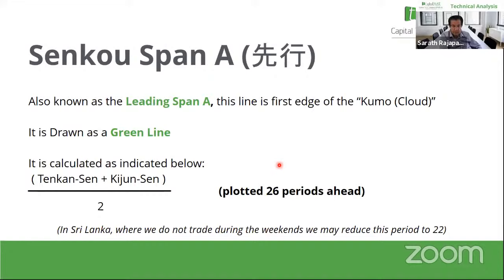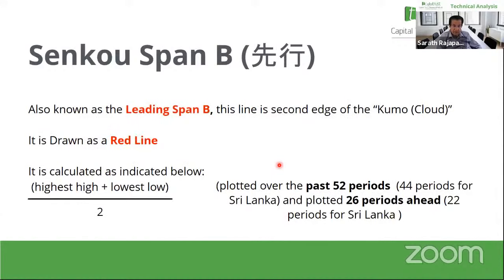Plotted again for 22 to 26 periods. 26 in Japan, maybe 22 in Sri Lanka. Senkou span line is red in color. Highest high and lowest low, again as before, for 52 periods and 26 periods ahead. Sorry, it should be 44 here. Sorry, 44 periods here in Sri Lanka. Right, so